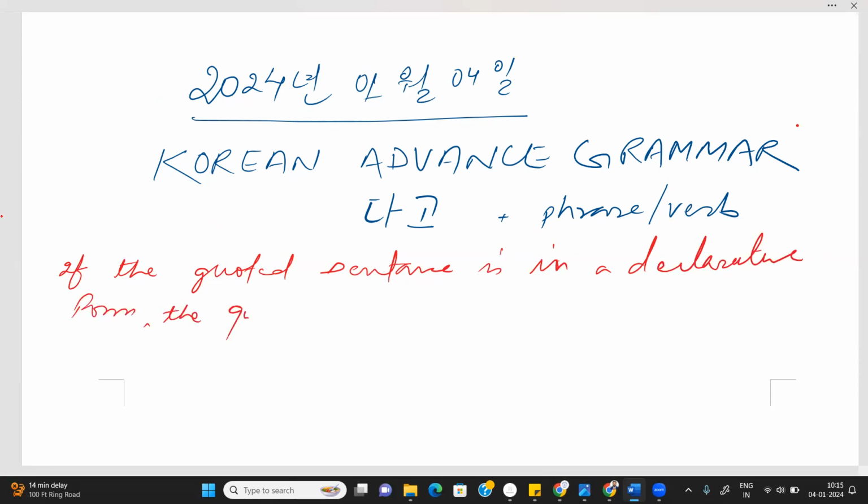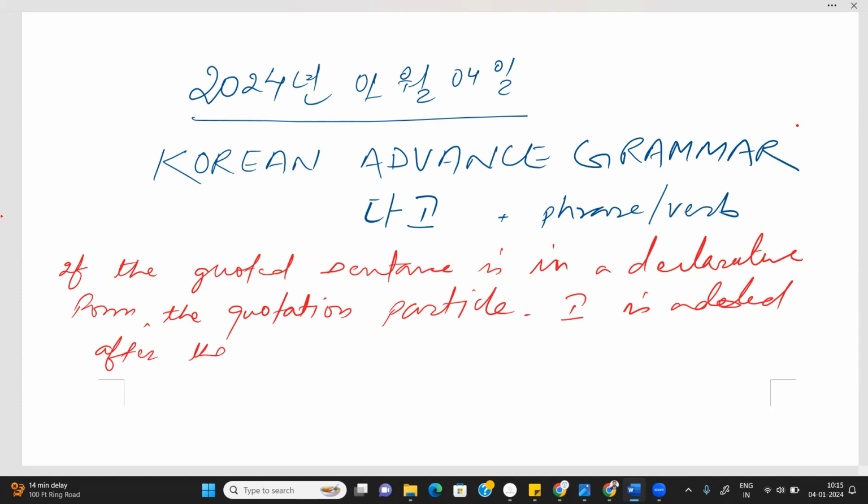the quotation particle go is added after that sentence ended with the... Okay. So it is telling that